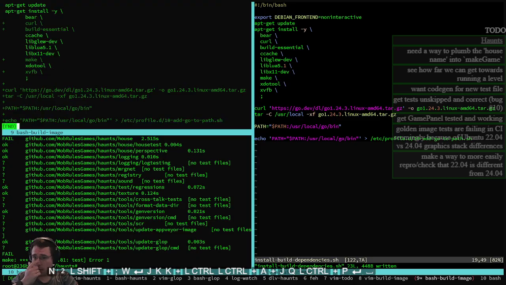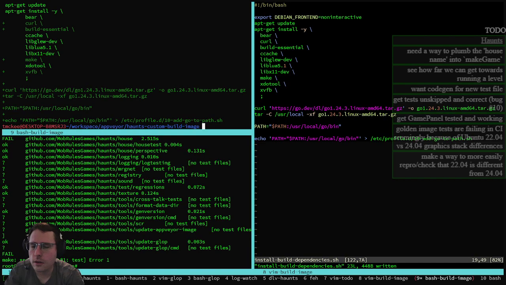I must be tired because my fingers should remember that, searching for trailing whitespace. But yeah, if we can install all those, it can run the tests. Now the tests fail because we've got a difference. But what we should do, in fact, is do a Go version